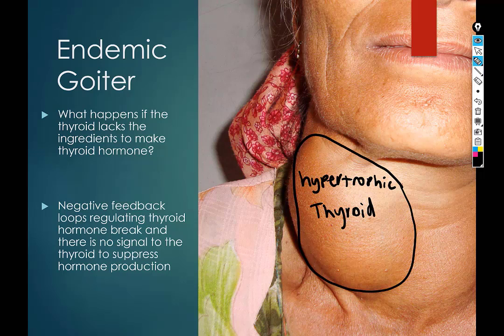Hypertrophic thyroid gland. So endemic goiter is caused by inadequate iodine. If you've ever purchased salt from the grocery store, you've had a choice between iodized salt and non-iodized salt. Why would there be iodine in salt at all? Why would anybody put it in there? Well, the answer is